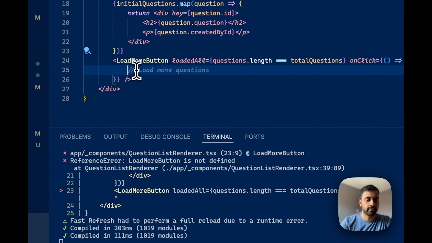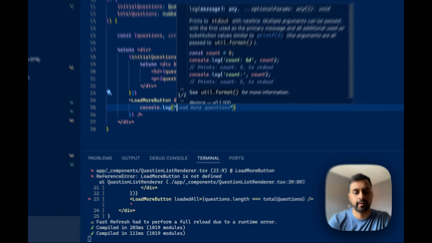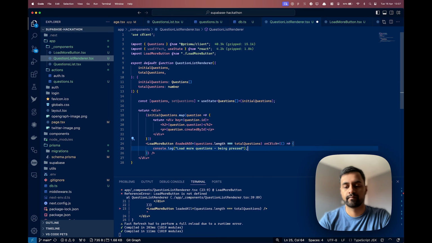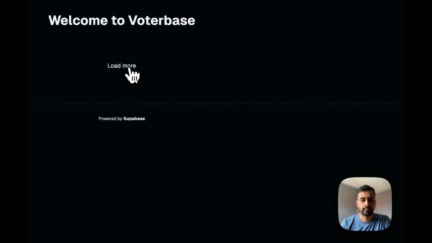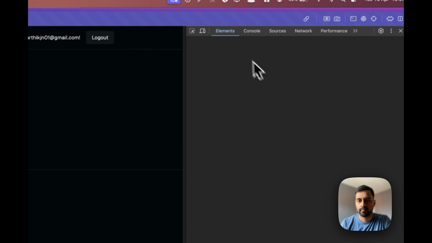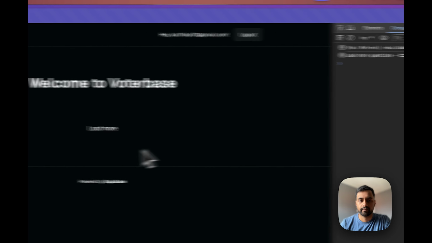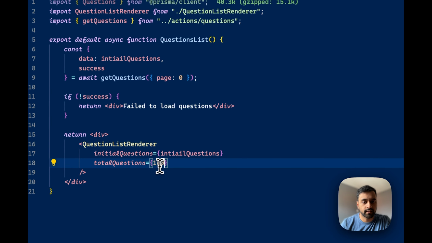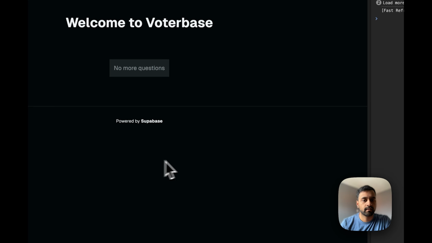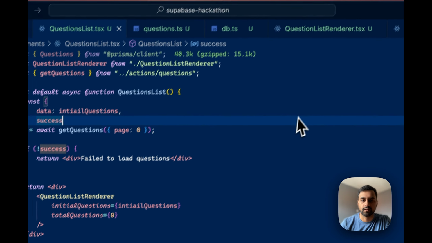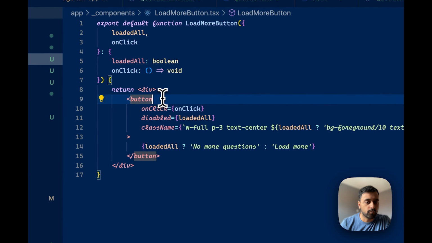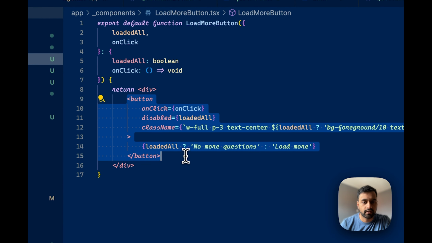Cool. So we have a load more button, and let's just do a console.log just to make sure that load more questions is being pressed. Console. Perfect. And what happens if we set the questions list to 0? Oh, fantastic, that's worked. Although I don't like using the default button here, it just looks a bit ugly, so I'm just gonna